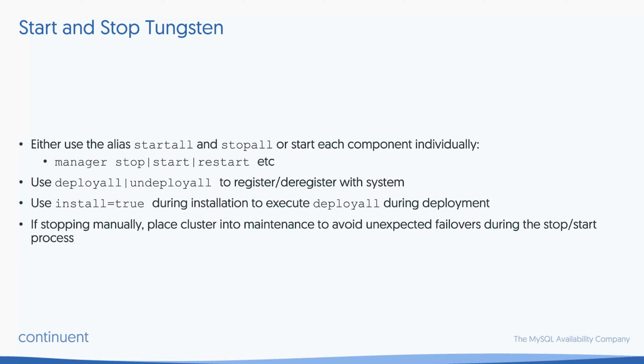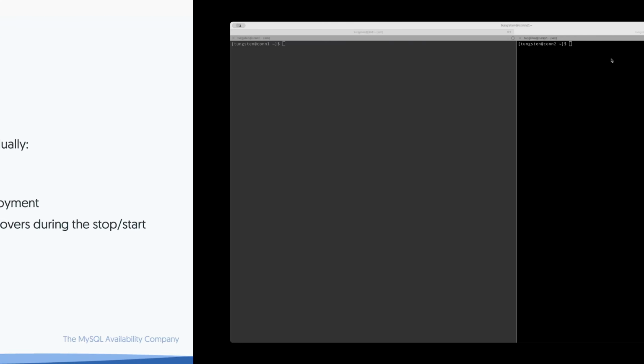So let's just take a quick look at what that looks like on our demo cluster. On here you will see I have the usual cluster, so these are my two connector hosts, and over here I have the three database nodes, databases 1, 2 and 3. I'm just going to, for the purpose of the demo, show you this on a connector host. First of all, you have the connector command and you can do connector status, and that will show you that the service is running. You can then do connector stop, you can do connector restart, or you can simply do